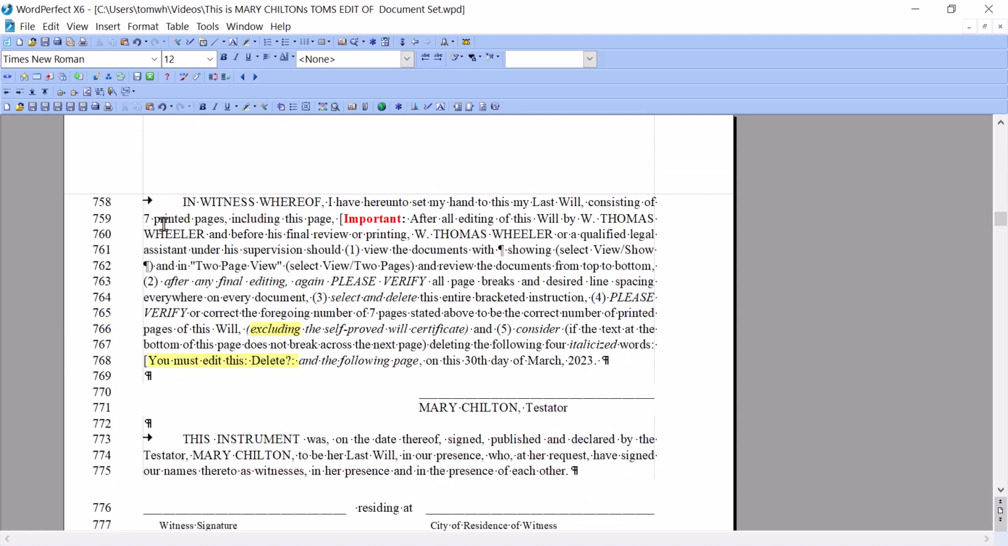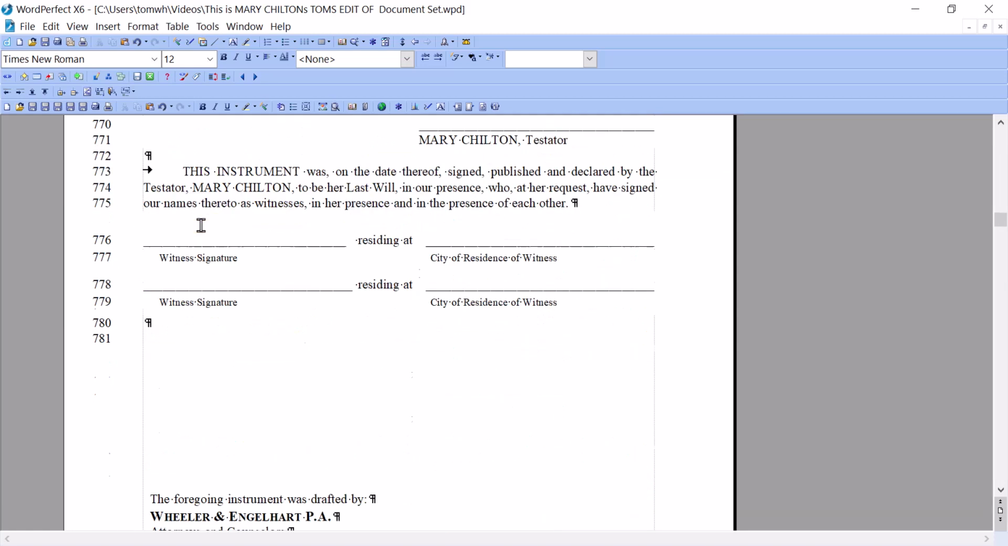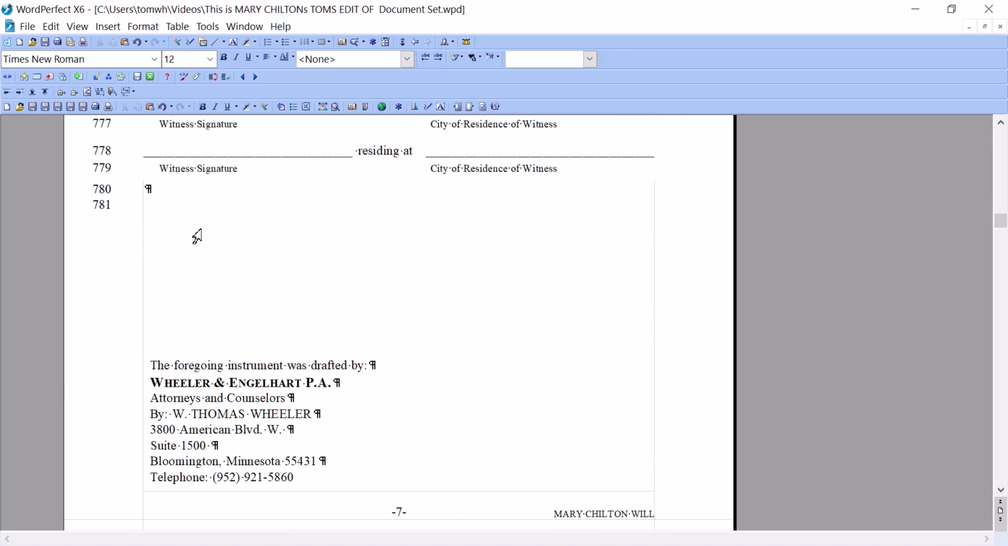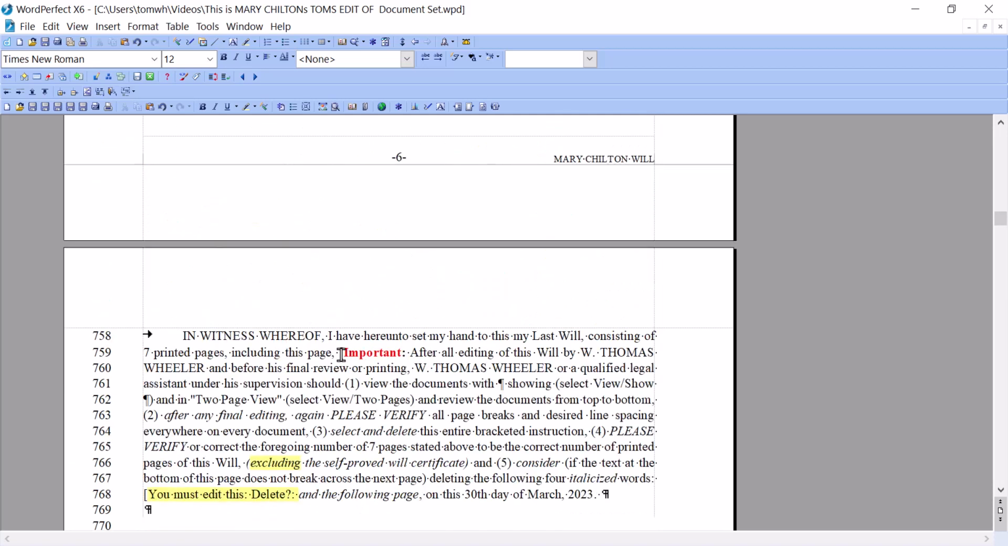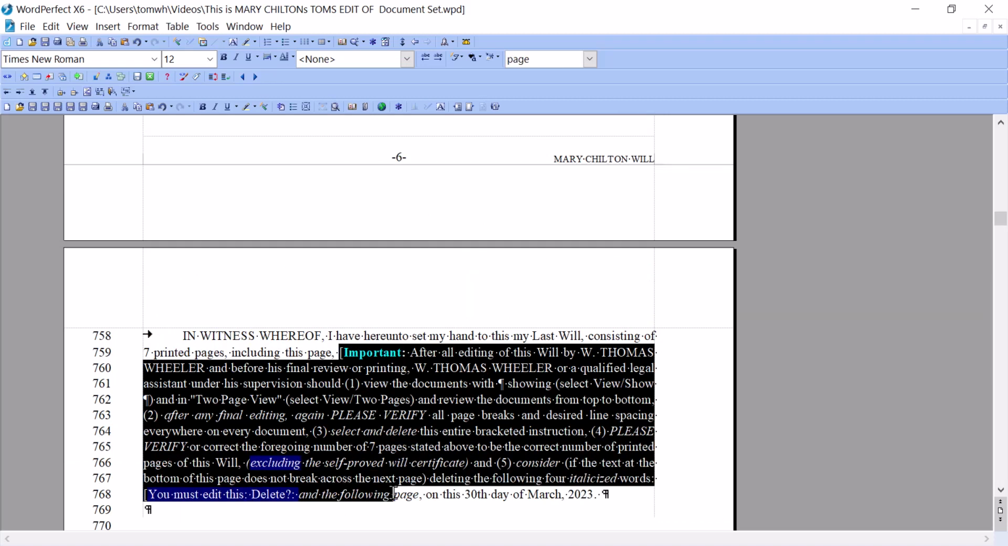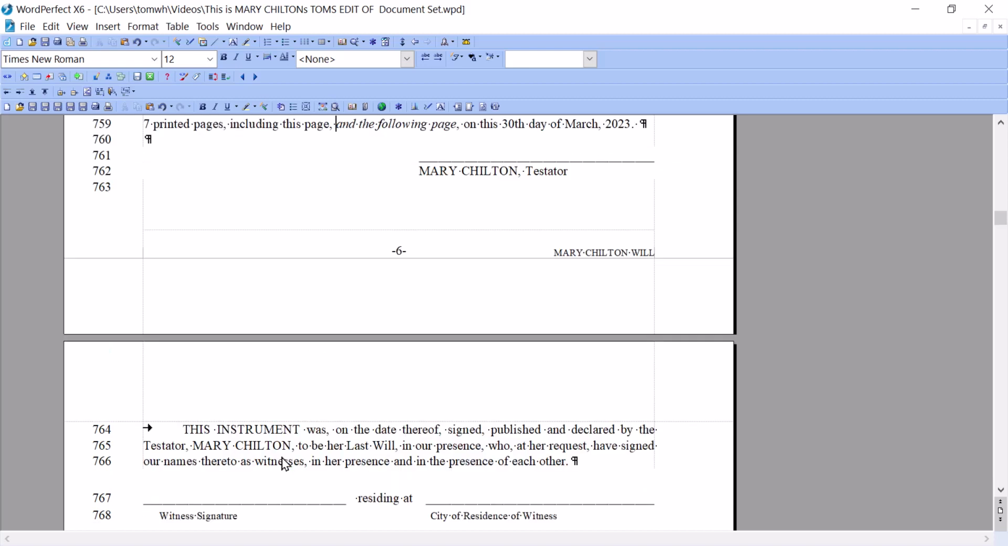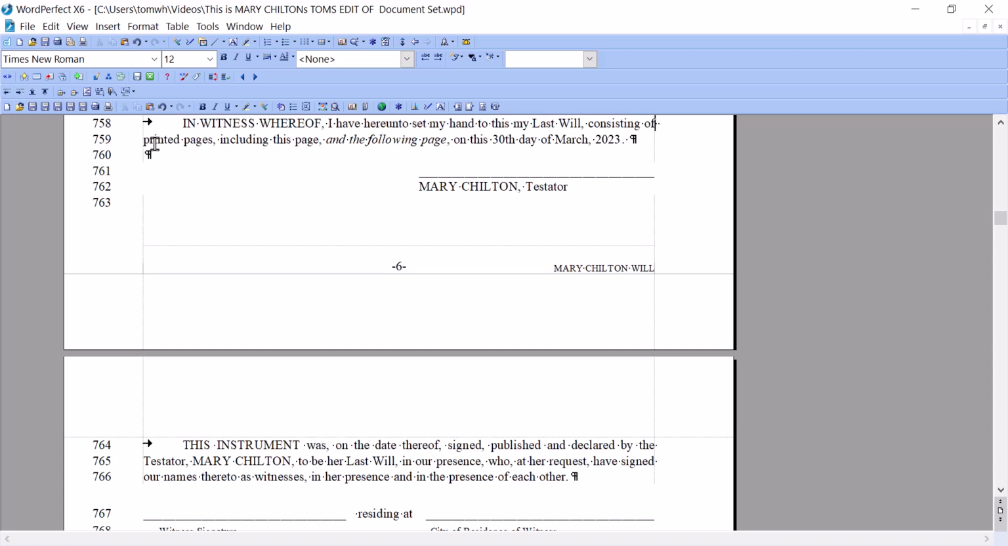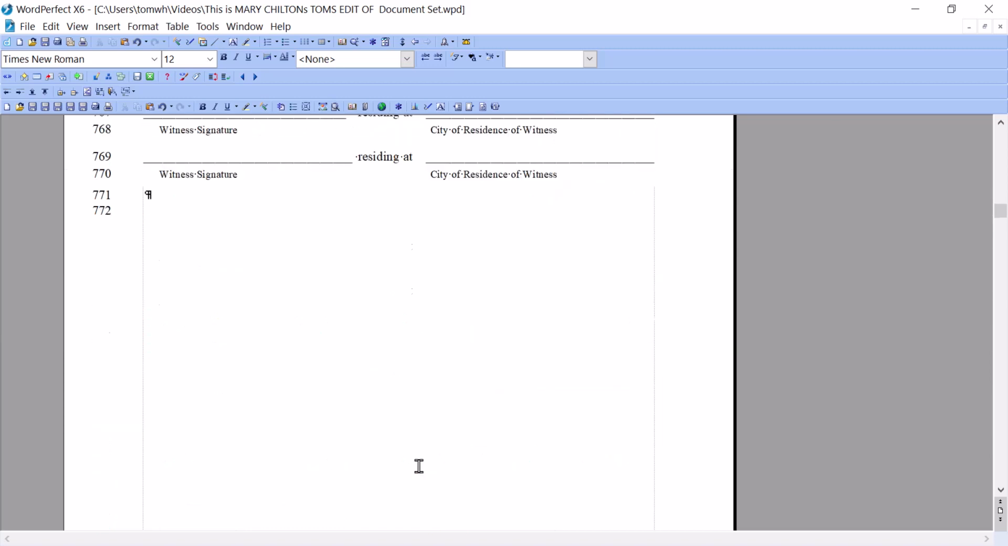Notice that it thinks it's 7 printed pages. The raw version is 7 printed pages. I removed some language that we don't need, such as this. So by selecting that language and pushing delete, the language is gone. So we want to be sure it is a 7-page will because it's this page and the following page. So now we have a 7-page will